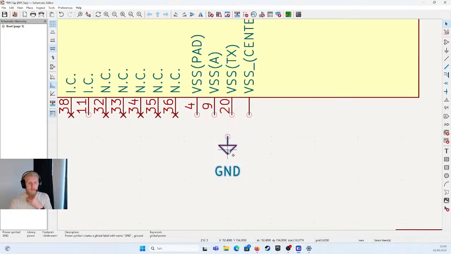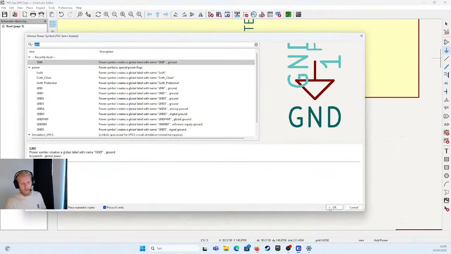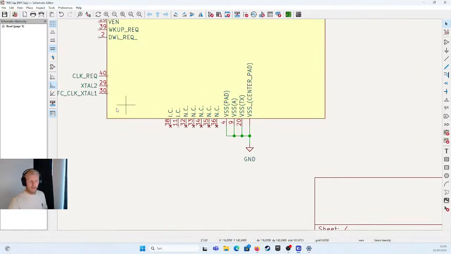Yes. So, now it's aligned to the grid as well. This I can make nicer though, to be fair. But that's